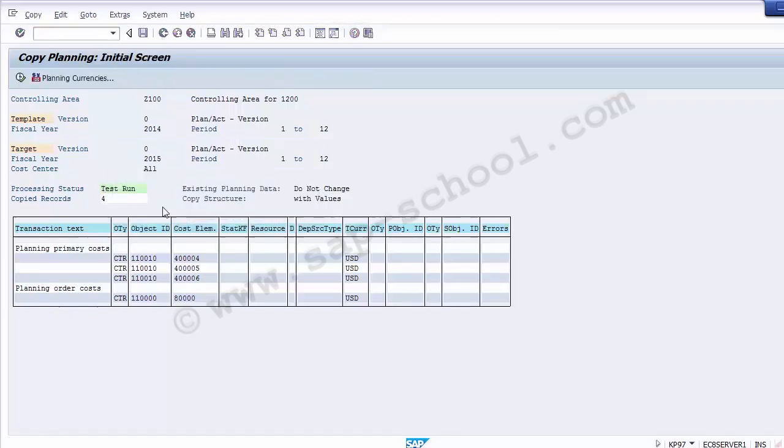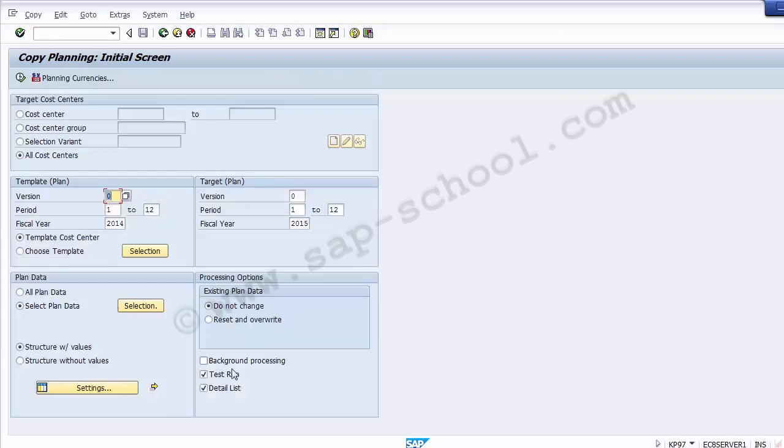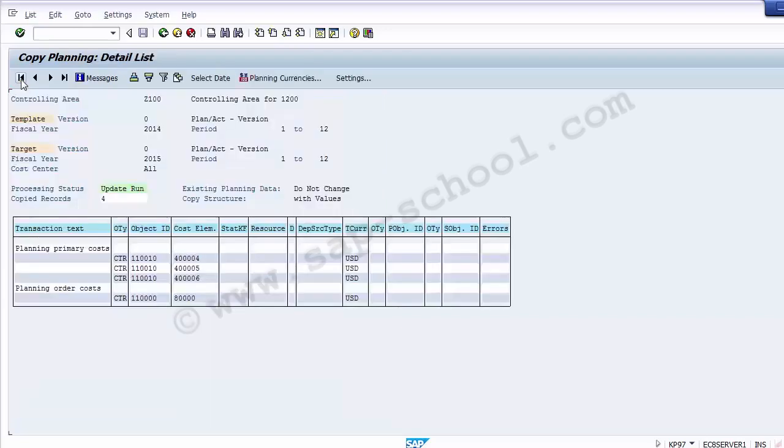Yes, and now we can take off this test run, and we can execute this transaction again, and then the whole value of plan data will be copied from one fiscal year to the next fiscal year. So executing it again now. Once executed, you can see now again the processing status has been changed from test run to update run, and it has been updated with the